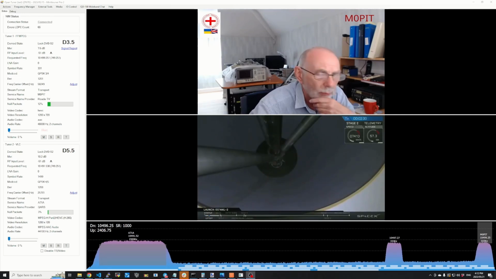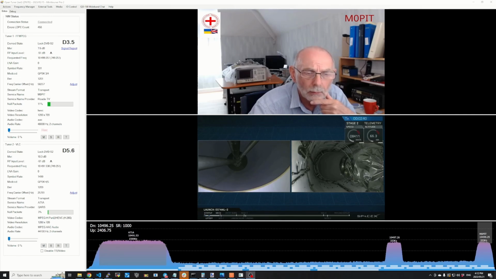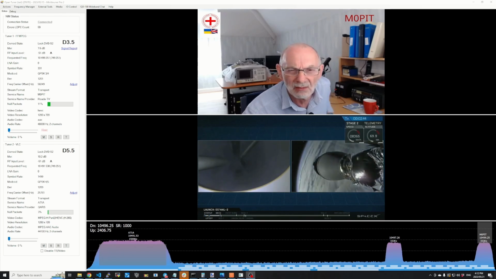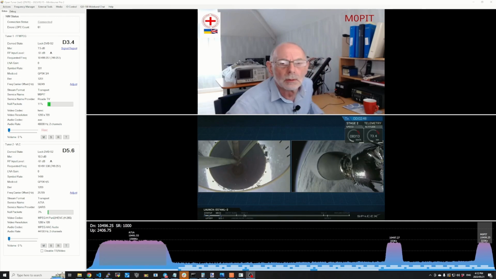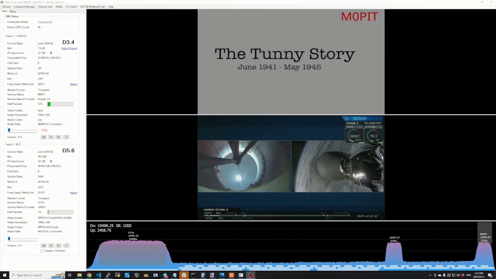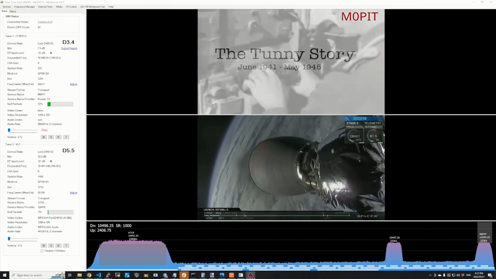On the top is Phil M0PIT, and he's busy chatting there with somebody, and that's a live feed. It's the exact same concept as how you would receive DSTV, except none of it's encrypted, of course. It's all open. But this is the type of video calling example that we use the satellite for. So we can chat with people all over the world and share experiences and videos and media and stuff like that. So it's a lot of fun.